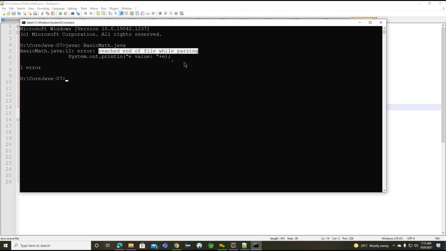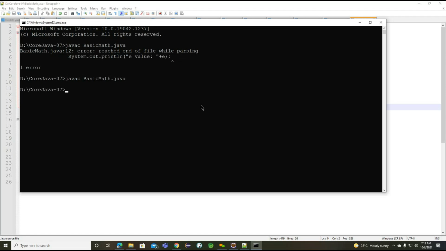What is the end of the file here? We closed with a semicolon, but after that semicolon there are no more statements. It will check for the next line, and if there is no next line, we need to close with the braces we opened earlier. Okay, now we closed the two braces.